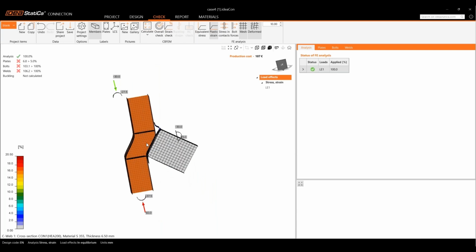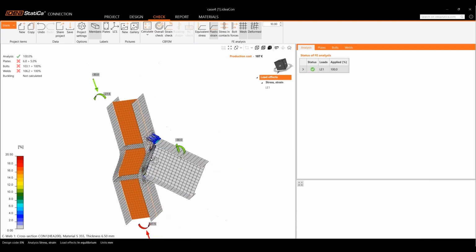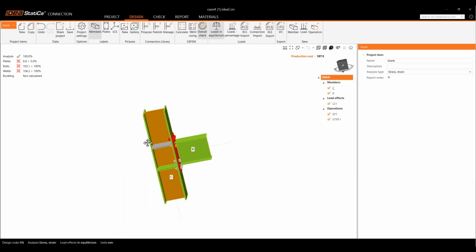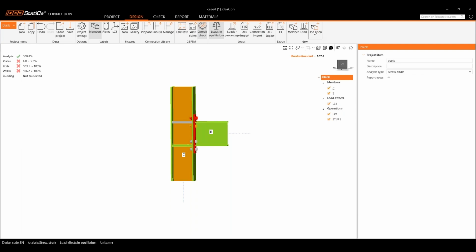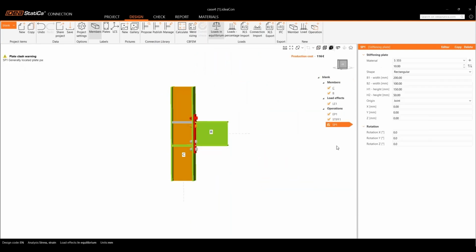I need to strengthen the web a bit and the portion right on the top of the bolt as well a bit. Now, to do this, I have to provide an operation, first things first. I'll go with the doubler on the web. For that, I'm using the stiffening plate operation. I'm providing that on B,